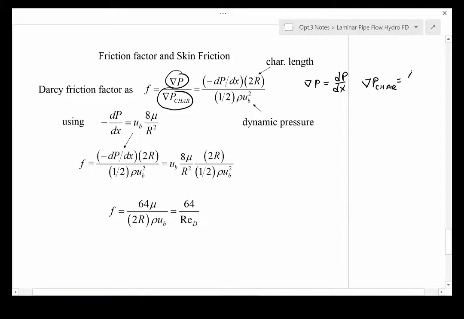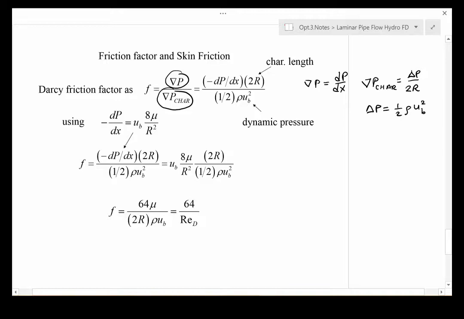So this is a pressure difference over a characteristic length scale. We're saying that characteristic length scale is the diameter, 2 times the radius. So you see that these both have the same units, pressure over length. And for the delta P in the characteristic value, what we're using is the dynamic pressure, 1/2 rho U bulk